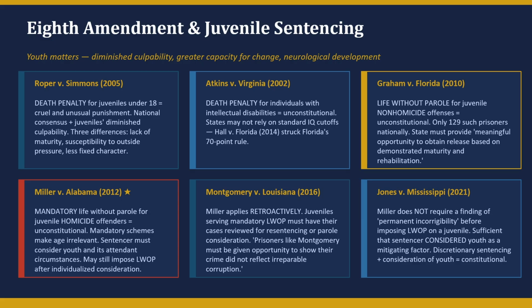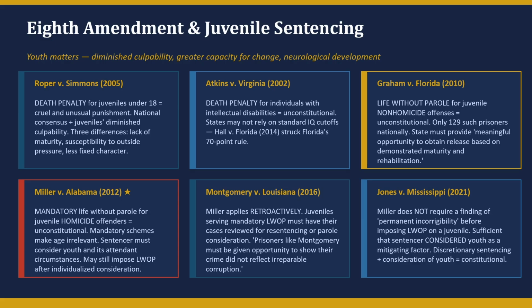Miller v. Alabama in 2012 held that mandatory life without parole for juvenile homicide offenders violates the Eighth Amendment. The critical word is mandatory. The court did not ban life without parole for juveniles convicted of homicide. Rather, it required that a sentencer have the ability to consider the individual juvenile's circumstances before imposing the harshest sentence. The sentencer must be able to consider age, background, the nature of the crime, the level of participation, and potential